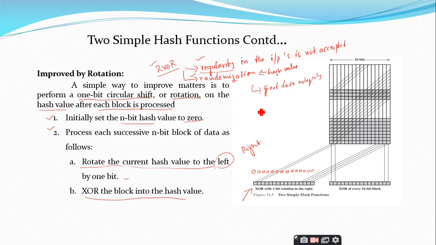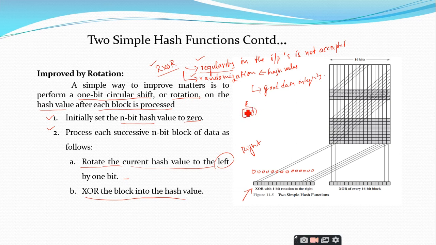In the previous sessions we have seen some examples of message authentication where we are encrypting the hash code that is generated. If this is the case, then RXOR, that is the rotated XOR, becomes useless. Why? Because you are encrypting, and nothing you can do with these rotations and circular shifts will help. So if you are planning to encrypt the hash code of a message, it is better you don't go for this RXOR.